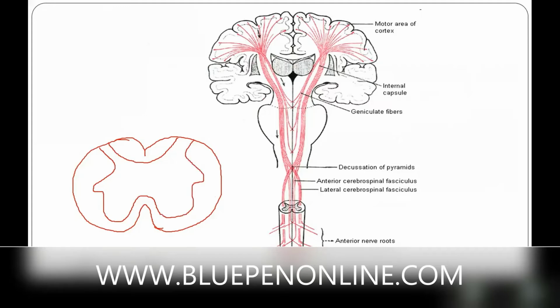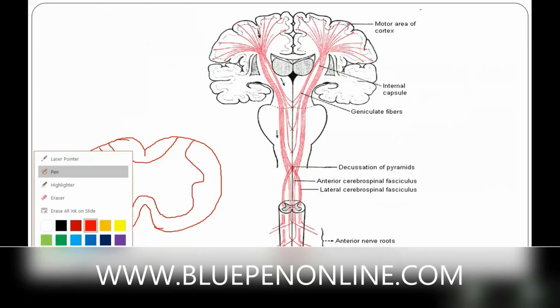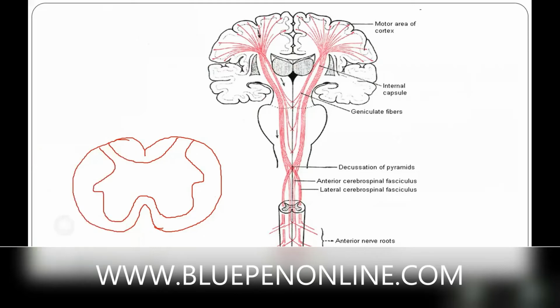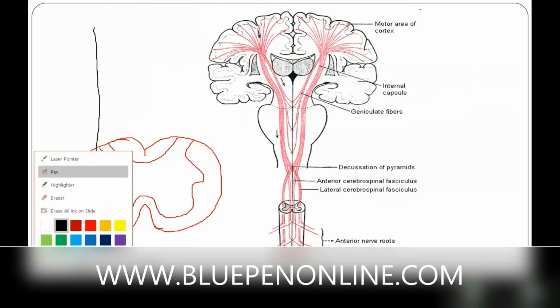Now, here we have two groups. One is the anterior, this one, the uncrossed ones that come just like this, and they reach the anterior funiculus. And the crossed ones,